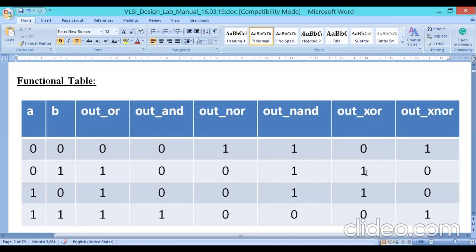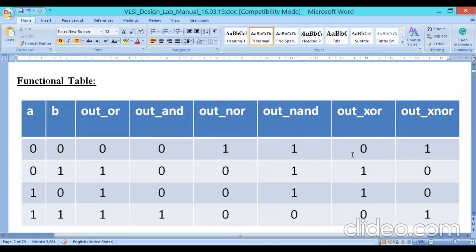For example, 0 0, how many ones? There are no ones, so 0. 0 1, how many ones? One, so output 1. Detects means high. 1 0, output 1. 1 1 is an even number of ones, so 0. XOR detects the odd ones.